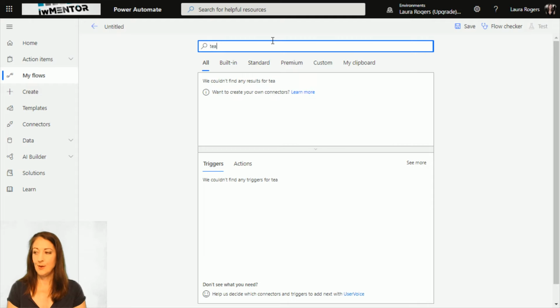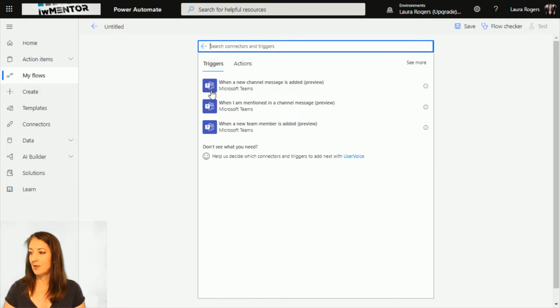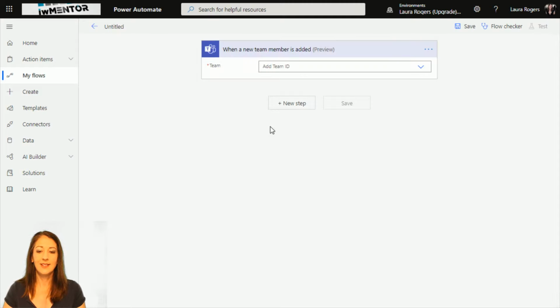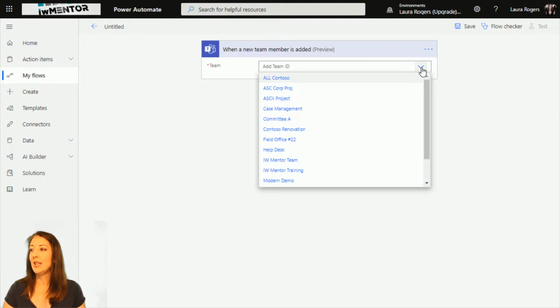So I'm going to move on to the other ones. Teams. Now, when a new team member is added, sounds interesting. New team member, so you can pick any team in here and you can send them a welcome. Now, there are little out-of-the-box welcome emails that will arrive, just the generic Microsoft one, when you are added